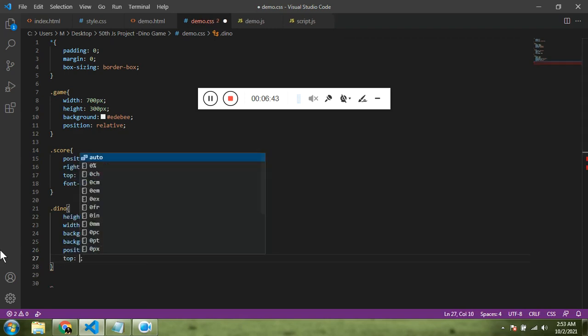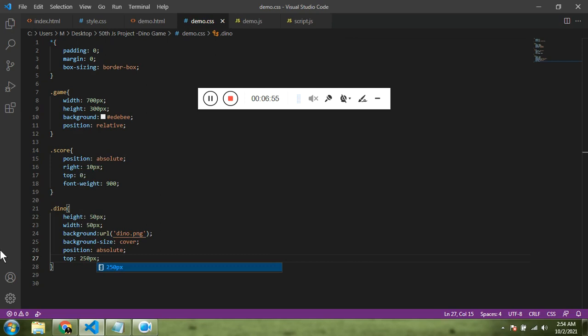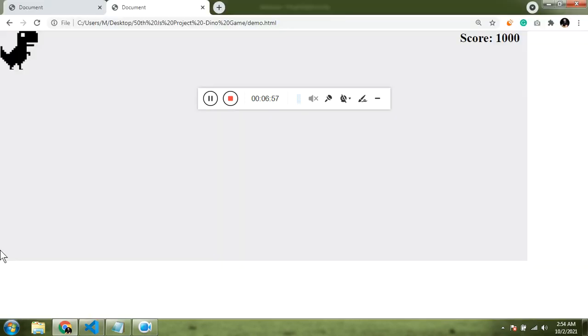As I said, the total div size is 300 pixels, and we are eliminating the height of the dinosaur, so it's going to be 250 pixels. The reason for doing this is, if I refresh, the dinosaur will touch the bottom of the game div. So that's cool.